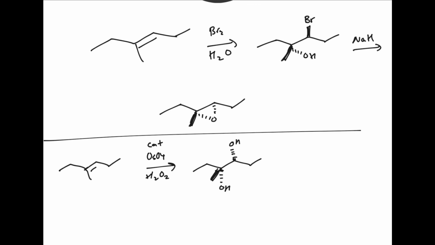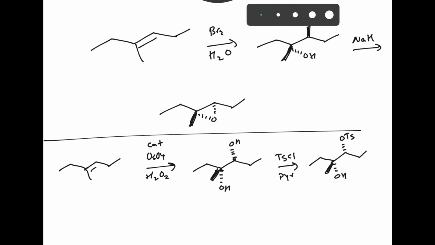They're not on opposite sides. I can turn this one into a tosyl group. Okay, but I can't have these react the way they're drawn. So I'm going to have to rotate around this single bond to get the two oxygens on opposite sides. And when I do that,